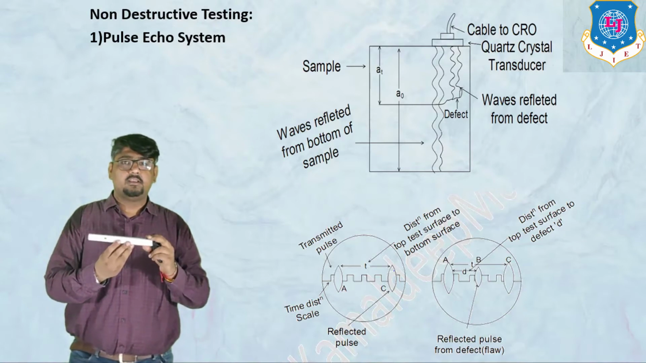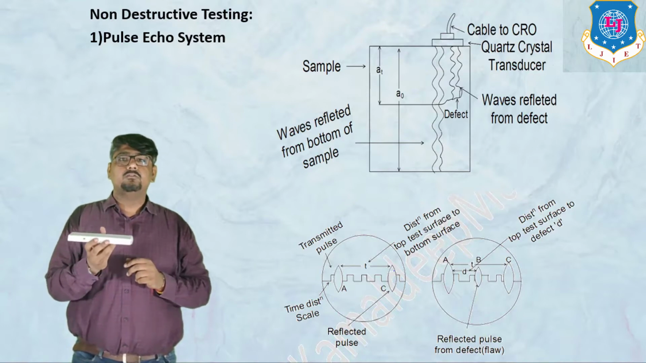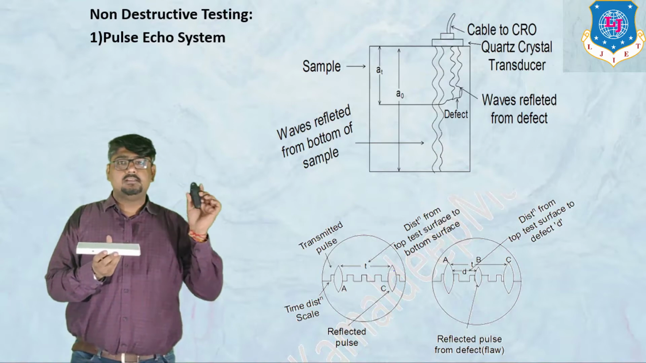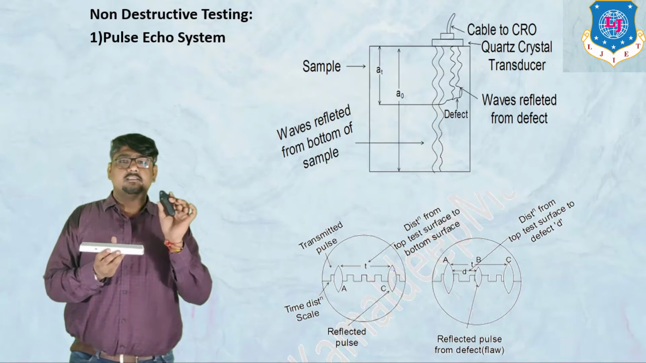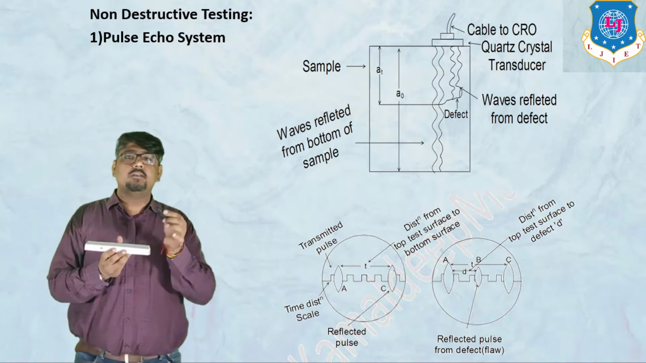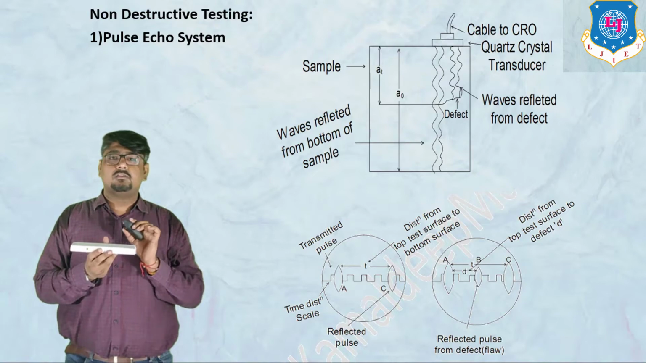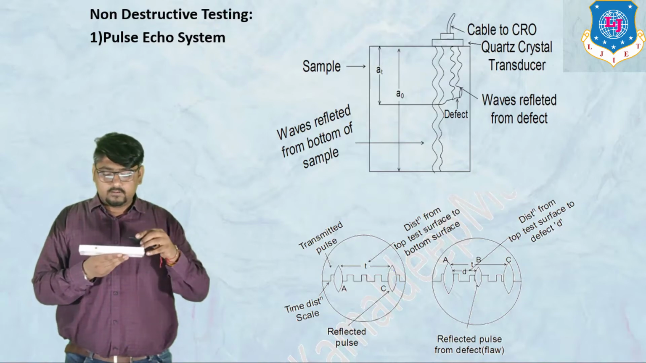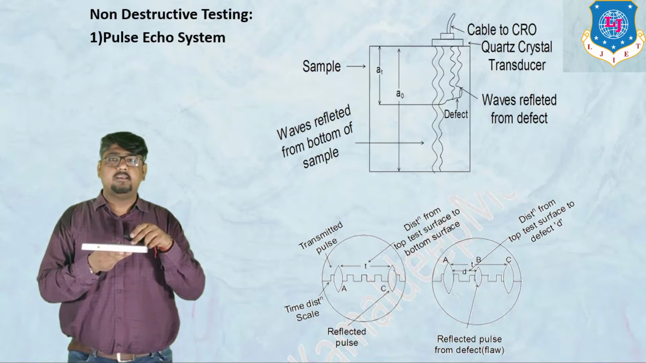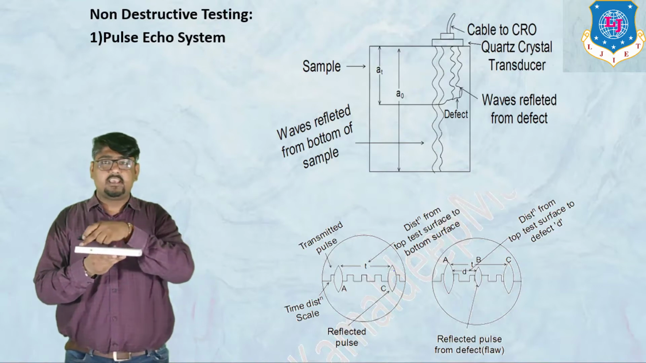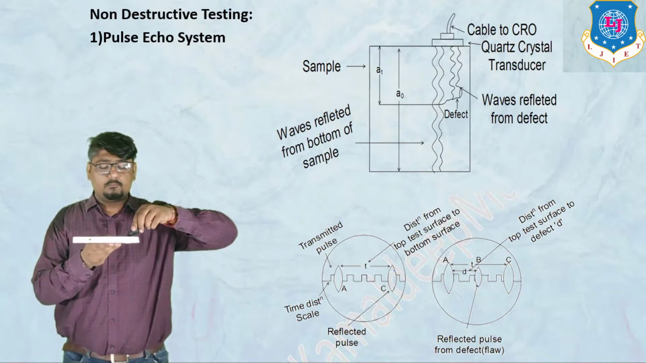Consider this as a surface, a rectangular body or some metallic object, for which you need to do some detection method. Consider this to be a probe which sends and receives. Just assume this to be a transducer which sends and receives the signal or ultrasonic waves. If you want to find out some defect in here, this is surface A, this is surface C. So if you place it over here